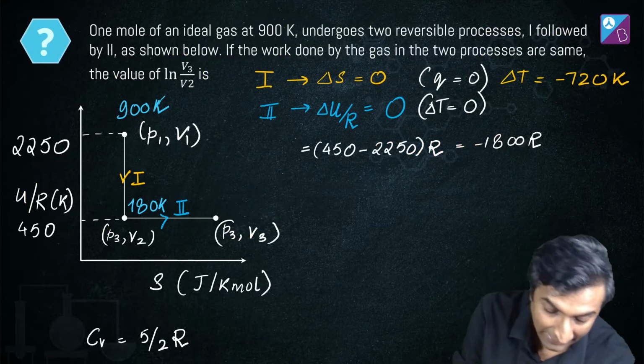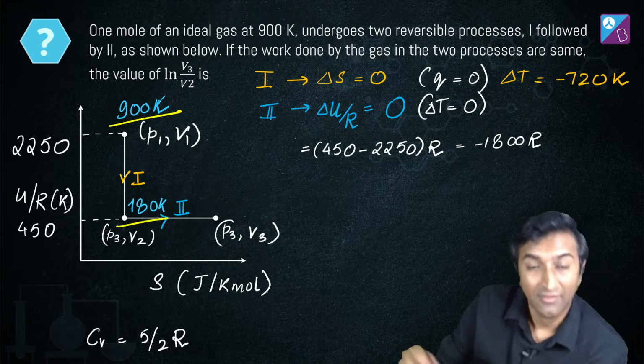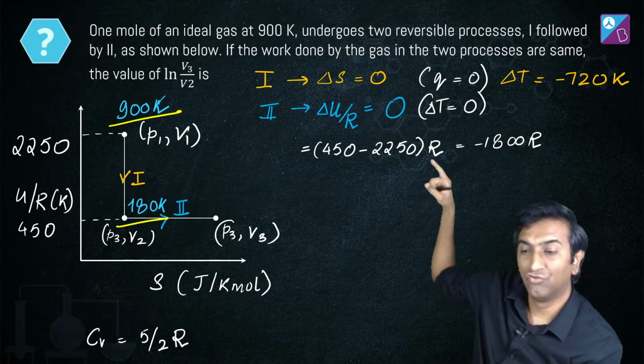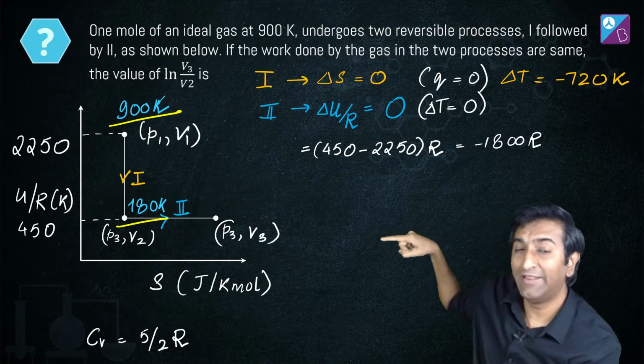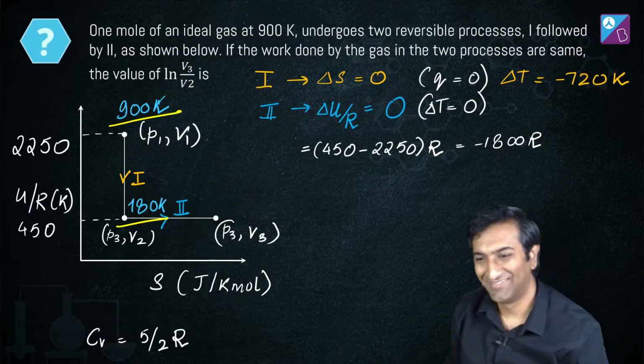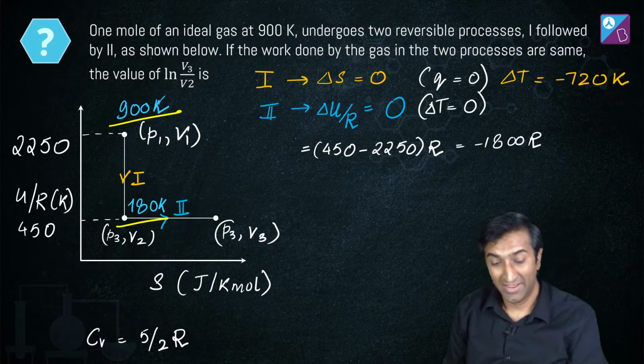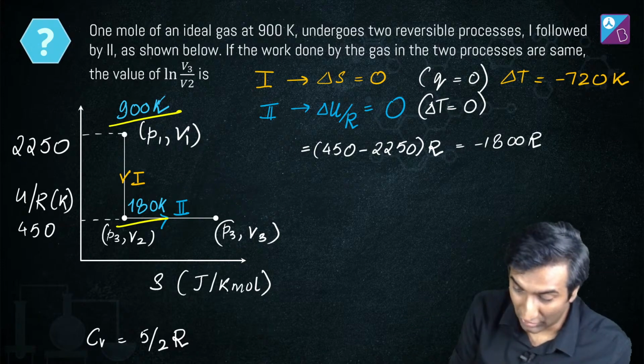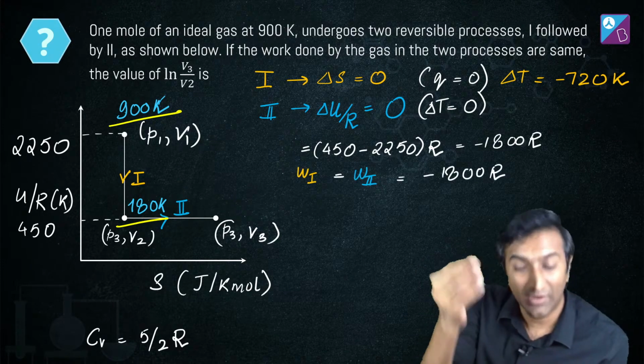मतलब सबको क्लीन कर देते हैं. ये 900, ये 180 Kelvin. मतलब Kelvin, right? Not degree. So the temperature reduced by 720 Kelvin, which means the final temperature is 180 Kelvin. Oof. Half done. The second half is now very easy because work 1 is equal to work 2, which is